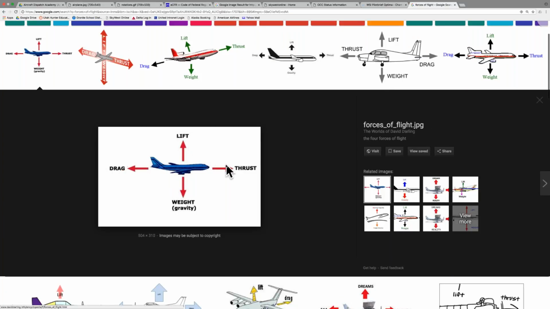You've got lift, weight, thrust, and drag. So with these flaps, think about if you ever rolled down the window in your car and stuck your hand out. When you have your hand flat, opposing the wind, the wind just wants to rip your hand back. But as you straighten your hand out, horizontal,